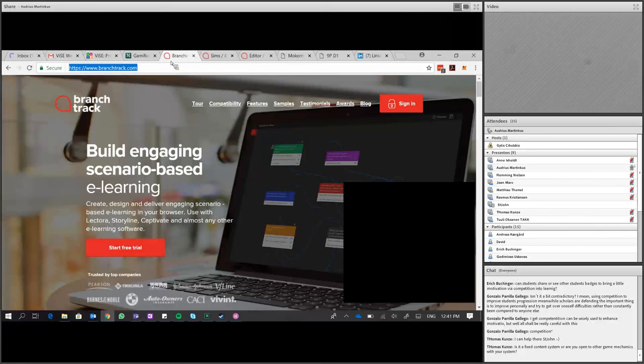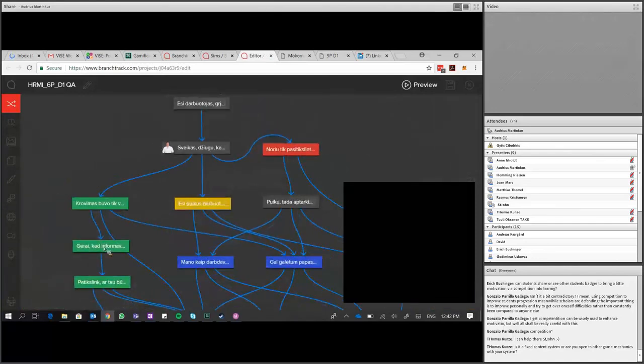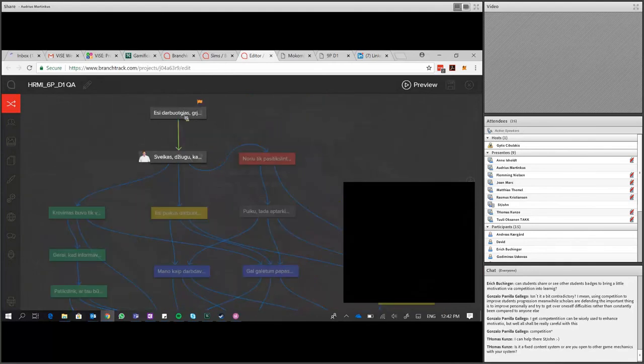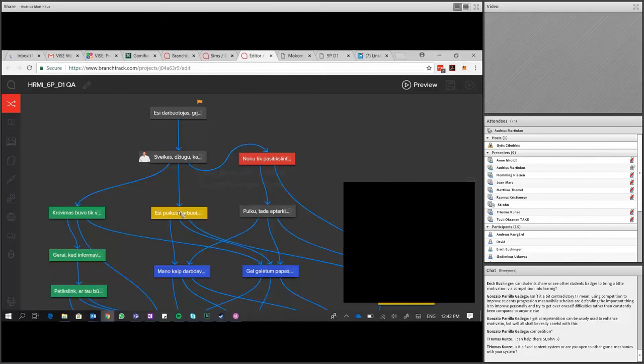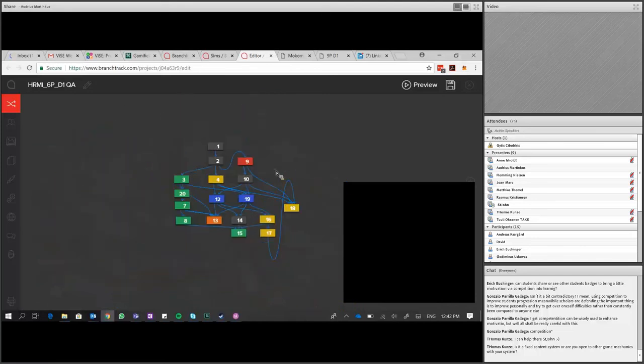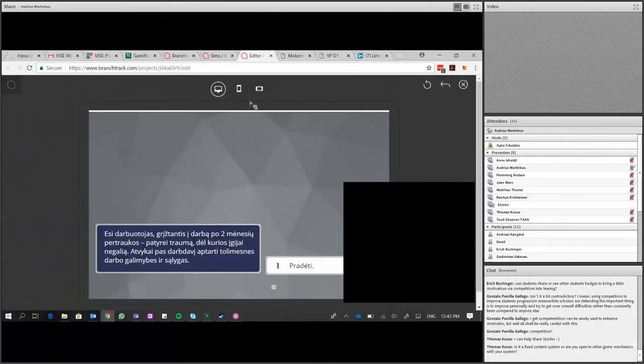The address is branch track. If you're eager to try, you can try it. When you need to create various scenarios, it's an easily made tool for you to use. This is the interface where you can create different trainings. The tool looks really simple, with drag and drop principles, where you create the scenario where the person is starting, and then what the branches are and what the results are, and they can be from huge ones to smaller ones. And I'll show you how it's working in the